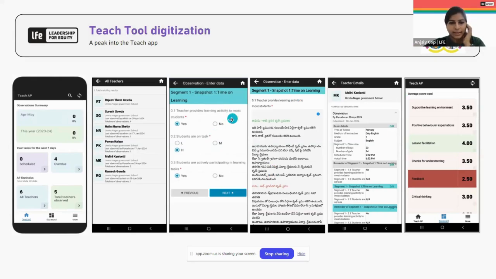So you fill in these answers, then you do the preview and submit, and then the observer gets to see the average performance score of the teachers that they observed. This scorecard enables the observer to support the teacher while having a mentoring feedback conversation. In this conversation, these scores are used in a supportive manner and not as punitive measures.